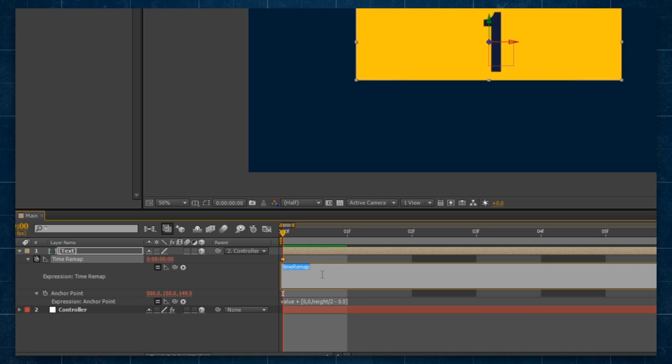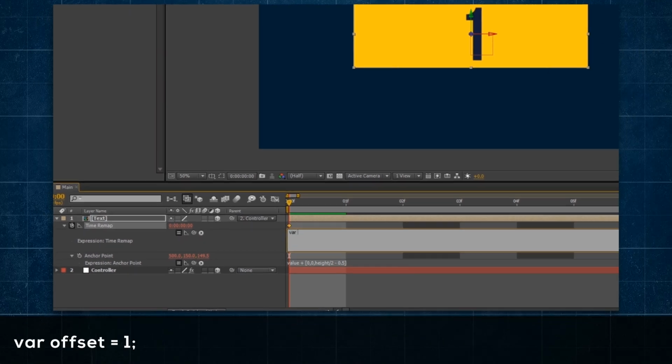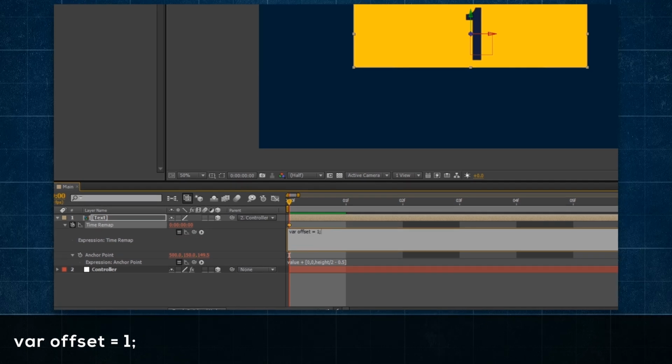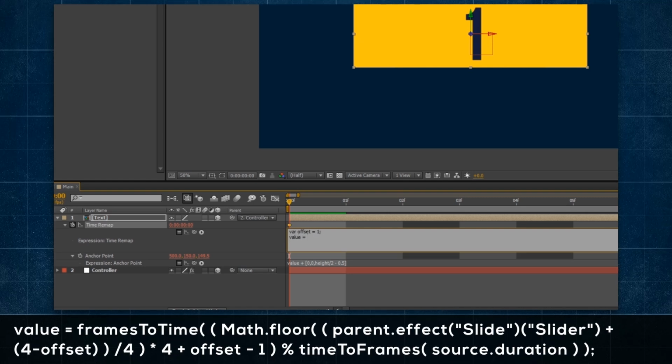Firstly, this is one side of a box, and we're going to have to define each box as being slightly different to each other. So we're going to type var offset = 1. So offset's just going to represent which side of a box we're on, and this is the first side, so it equals 1. Next, we're going to say value = framesToTime(Math.floor(